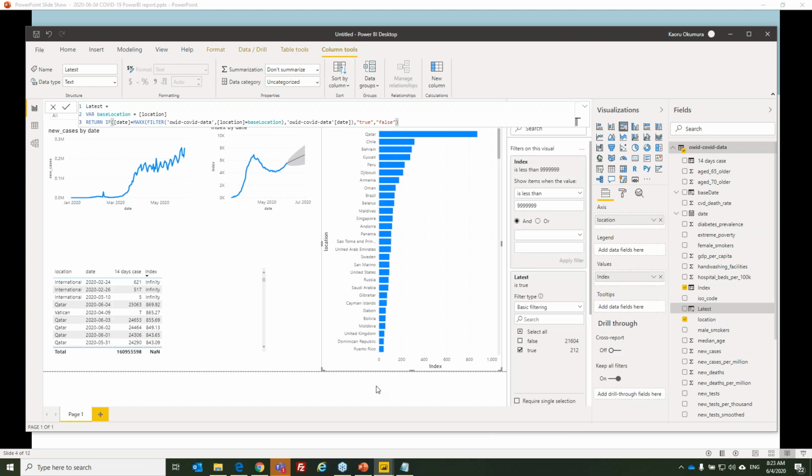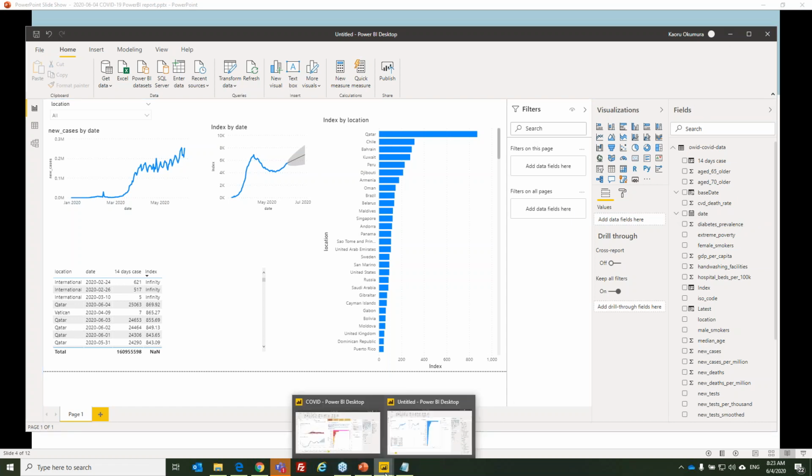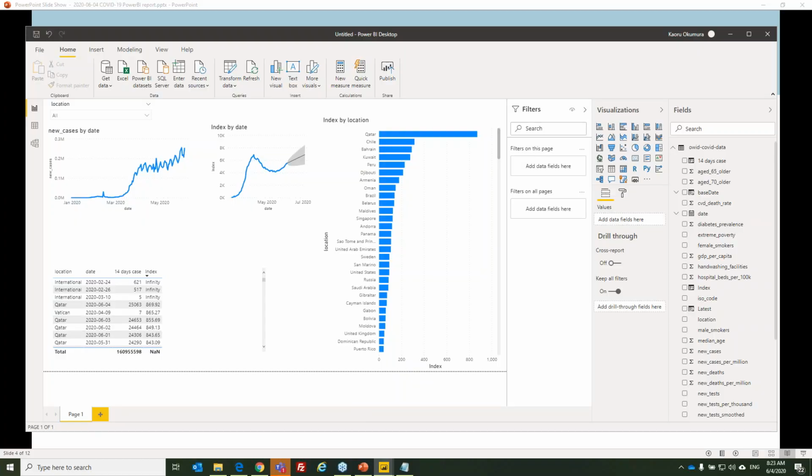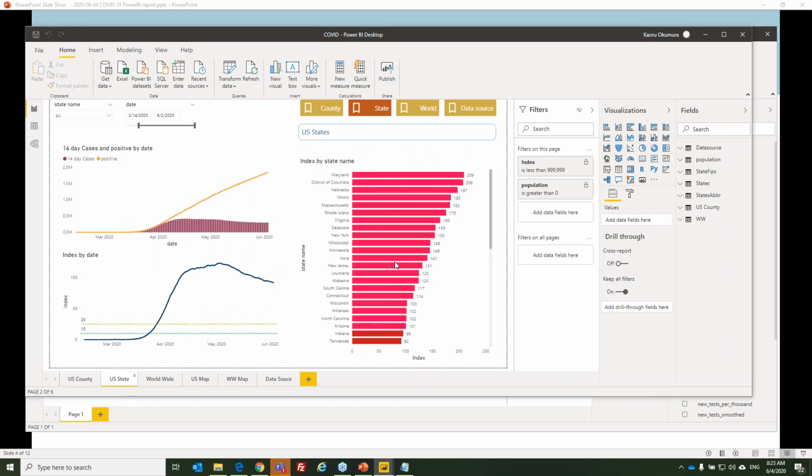Okay, so this is how we can create this kind of Power BI. In fact, worldwide case is much easier than a state or county because this has a lot of information. And what we are going to provide in the package is, in fact, we have more processing and so on. So this is the Power BI. And for US county or US states, we have a bit more preparation,